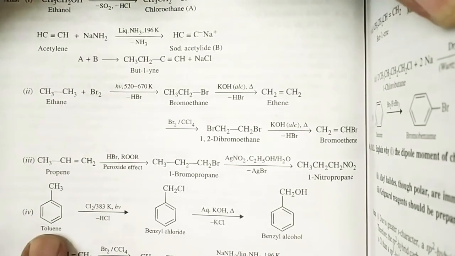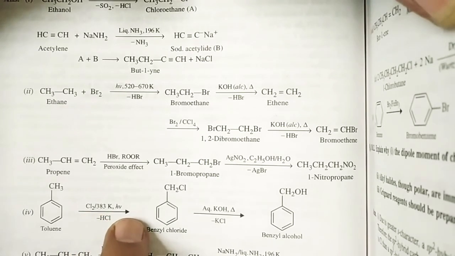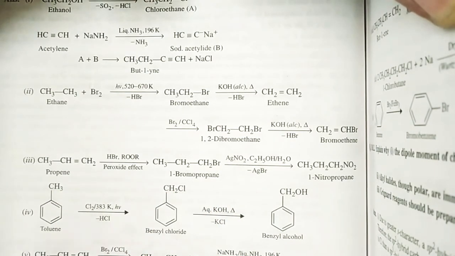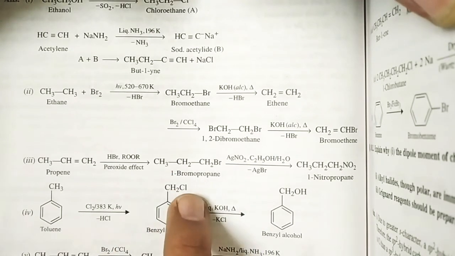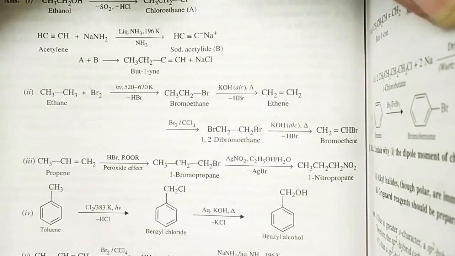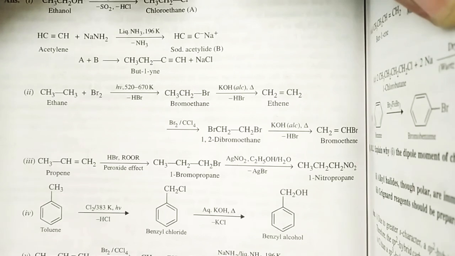Same way, I want to prepare benzyl alcohol from toluene. So this is a standard 11th hydrocarbon lesson. First, chlorination of toluene at 111 degree centigrade in presence of sunlight. Mind well, this is a free radical substitution reaction, right? So we get benzyl chloride. Then it's a simple SN1 reaction, because students say that this is primary, so is it SN1 or SN2? Definitely it's SN1 because it's a benzylic carbocation, and a benzylic carbocation is more stable. So we treat this with aqueous KOH and get the product benzyl alcohol.